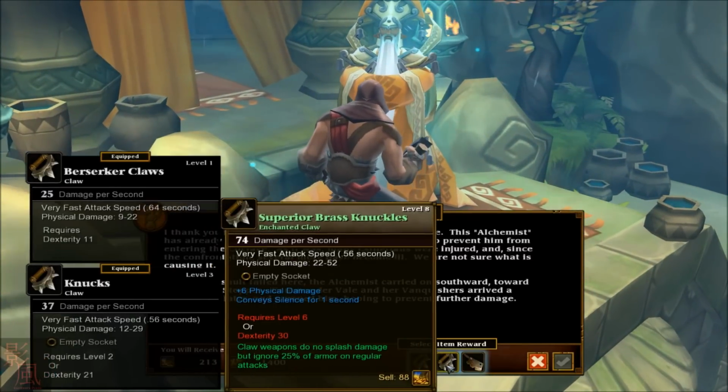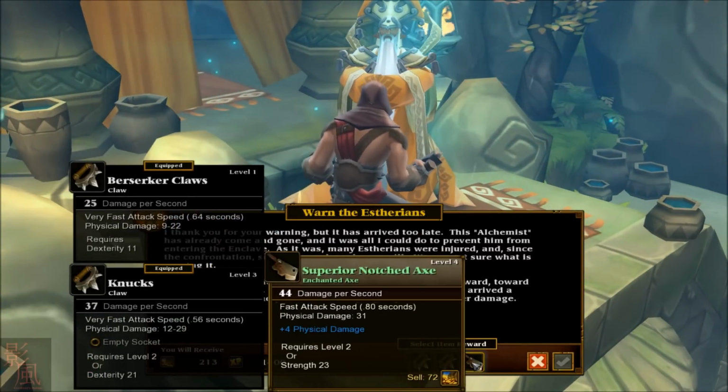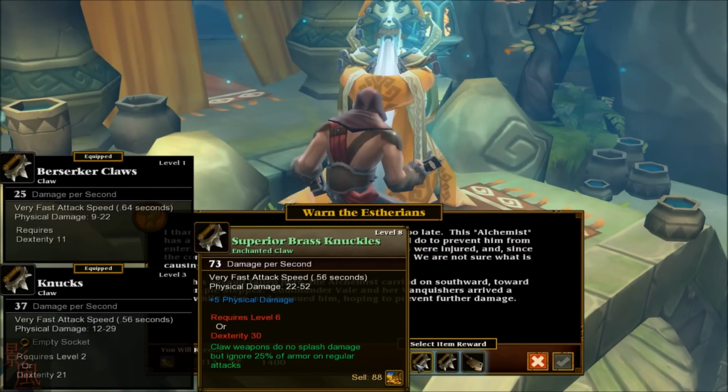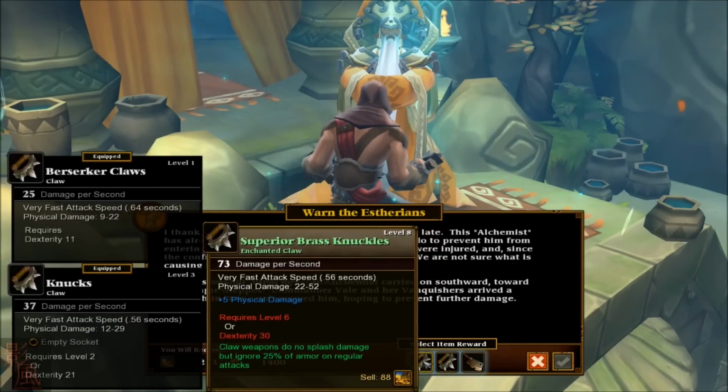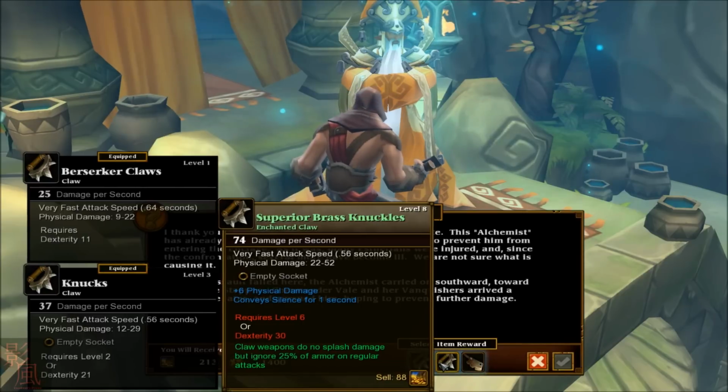I thank you for your warning. But it has arrived too late. This alchemist has already come and gone. And it was all physical, I could do to prevent him from entering the enclave. As it was,